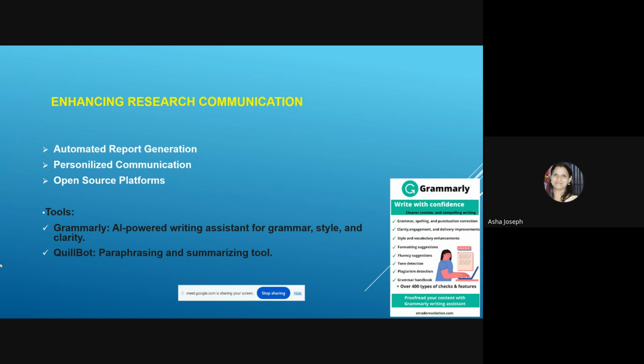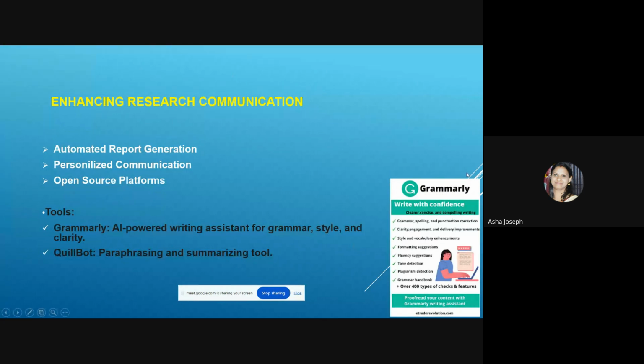And for research communication, again, there are open science or open source platforms. AI-powered platforms are facilitating open science by enabling researchers to share their data, do collaborative work, and reproduce research more easily. For these purposes, I'm just mentioning two different tools for the purpose of report or thesis